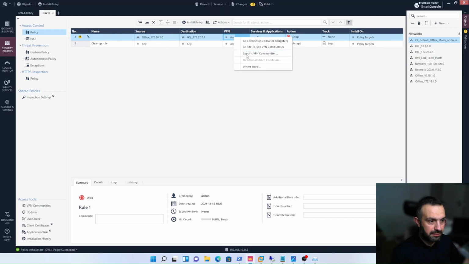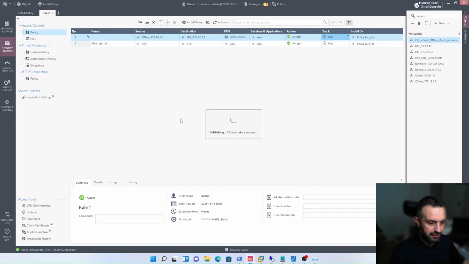Same, right click, specific VPN community, this one, services any, accept, and log. So now let's install the policy,